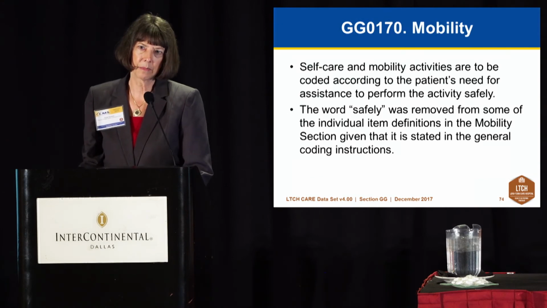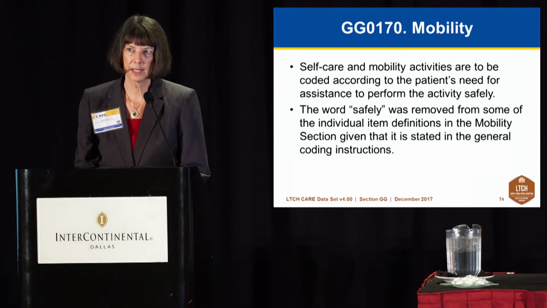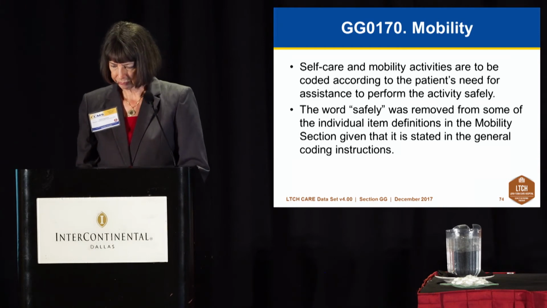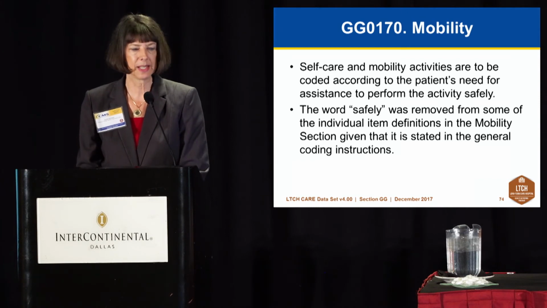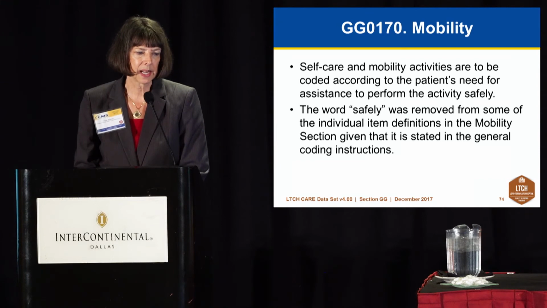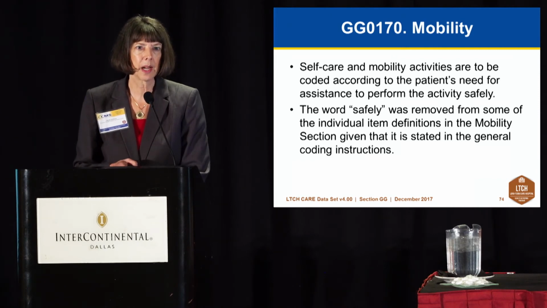So let's move on to the mobility section, GG0170. So we're done with our goals section, and now we're going to turn to the next section for the performance status. So self-care and mobility activities are to be coded according to the patient's need for assistance to perform the activity safely. The word safely was removed, we want to point out, for several of the items under mobility's